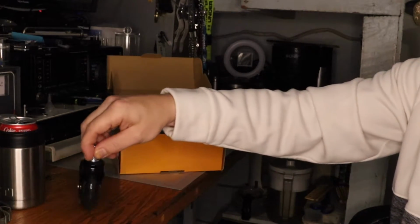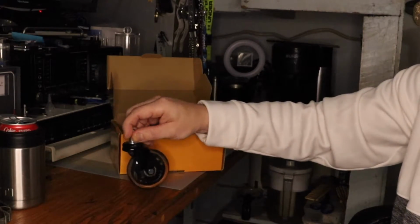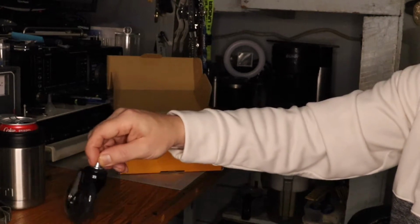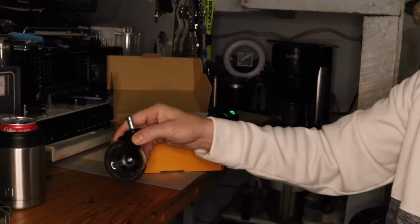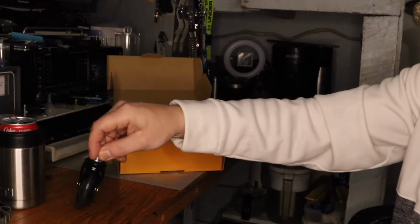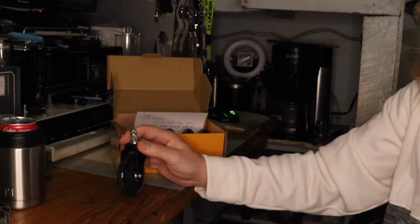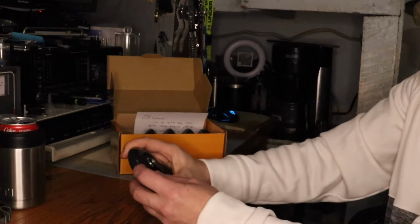Probably within a short amount of time, the grease will wear in, and then it'll be easier and easier to glide. And these will be a little bit more silent on the floor. When you roll any kind of chair on a hard surface, you can hear the wheels rubbing and rolling on the floor. I got these just in case I go off the glass a little bit, because every once in a while you're going to do it. These will further ensure that you don't chip the glass if you run it over with the wheel. To minimize that, I got these wheels, and they've got a little bit of give to them,